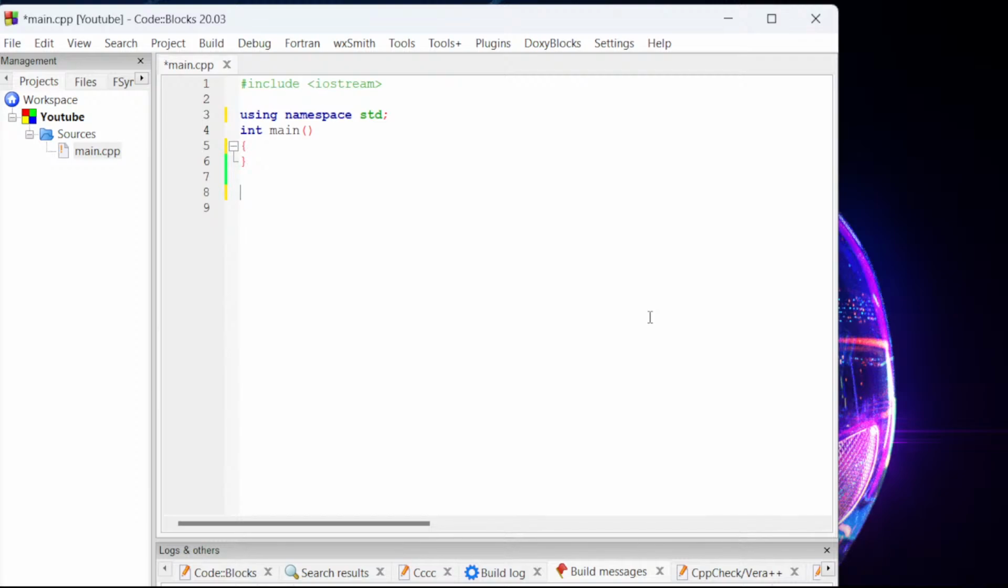Array to functions. Here I have the main function, but I'm going to create an external function to pass arrays. Now let's go ahead and create the function. Here I'm going to create the function called print array. Let's name this one as print array,